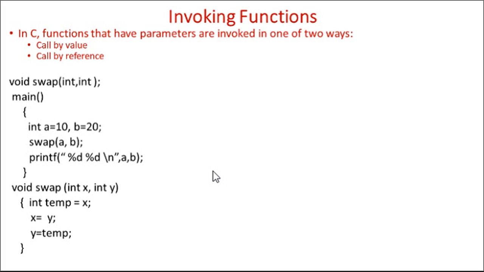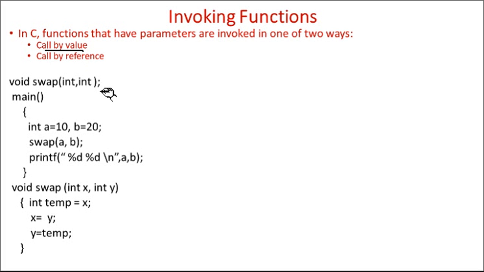While invoking any function or calling the function, it can be categorized in two parts. First one is call by value and the second is call by reference. In the first case, call by value, we have already seen how to call a specific function by value, means by passing the parameters. Now we will analyze what exactly call by reference is.